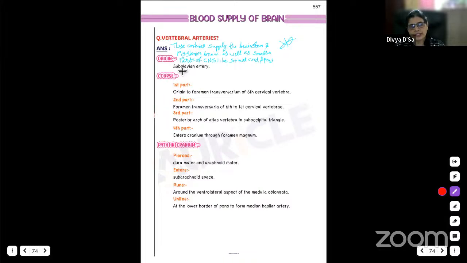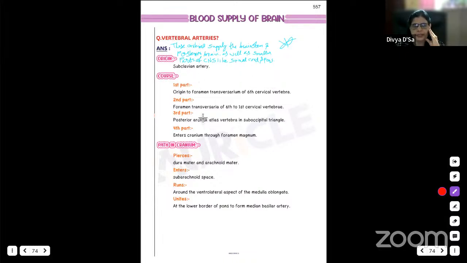The origin: it is a branch of the subclavian artery. The course of this vertebral artery we divide into 4 parts. The first part is from the origin to the foramen transversarium of the 6th cervical vertebra. That is why in the 7th cervical vertebra we do not see the foramen transversarium being used, because the foramen transversarium is mainly for the passage of